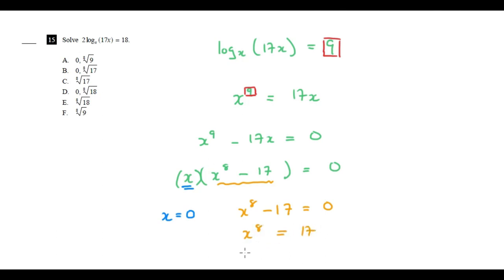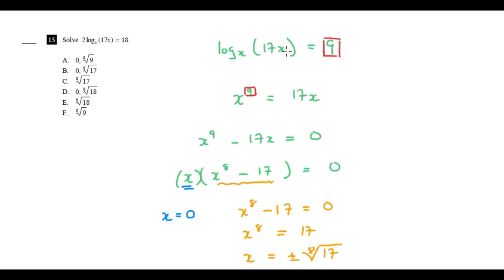Now, since this is an even power, even powers are the nasty ones when you're working with expressions like this. It actually requires a plus or a minus root. And don't write a square root, it's an 8th root. So the plus or minus 8th root of 17. So it looks like we have three options here. x is 0 and x is plus or minus the 8th root of 17. And of course I'm favoring radicals here. If you're wondering why I'm using a radical and not a power of 1/8, of course the answers seem to have eighth roots in them. But before we're done with any log equation, you got to go back and double check